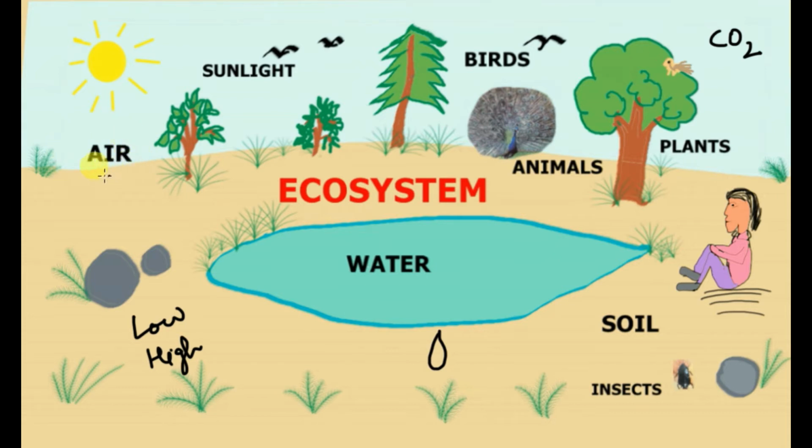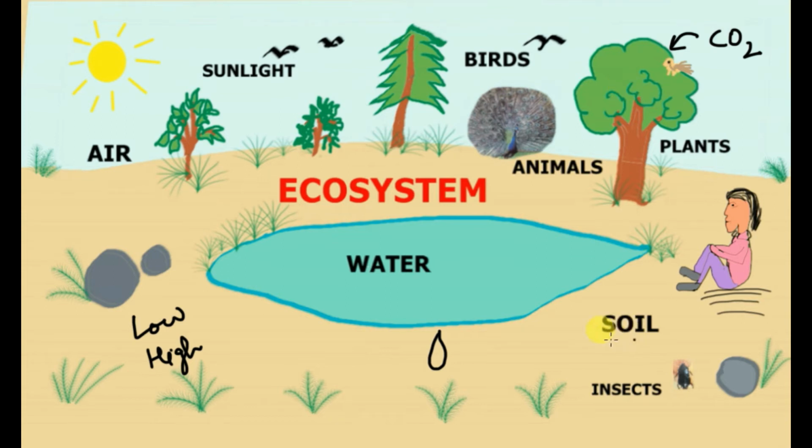This oxygen from the air is used by different kinds of living organisms in the process of respiration, and carbon dioxide is given out. This carbon dioxide is used by different kinds of plants in the process of photosynthesis, and food is made, and for food, all kinds of animals depend upon the plants.